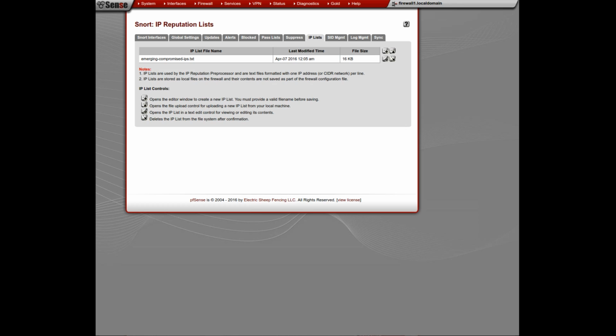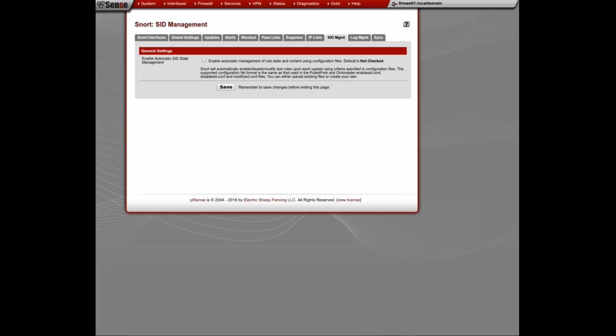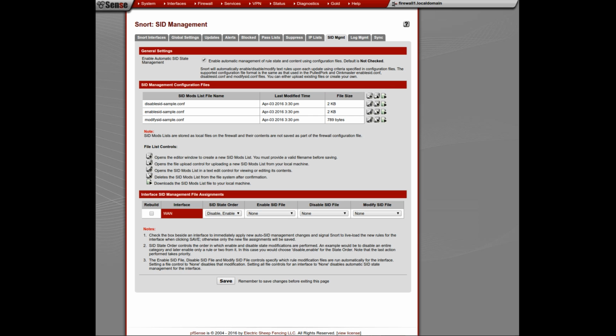These are the automatically downloaded emerging compromised IP list. This is blocks of IPs that get added. You can create your own list. You can edit the existing list to see what's in there. This is very detailed, so you can update the rules and configure them in detail, so you can change each little config rule and edit them. I leave this all at default, but if you wanted to do more customization, there are different options for that